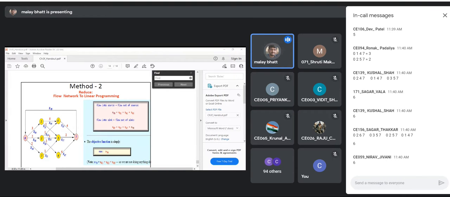If you add the path from the sink node to the source node, the outflow from the sink node will go to the inflow to the source node. So that will add this additional thing. We have 2 more flow conservation constraints, and the objective function will be only maximize x70. Is this clear? Any query in this?